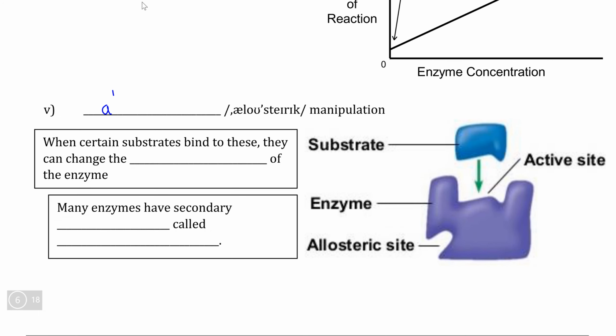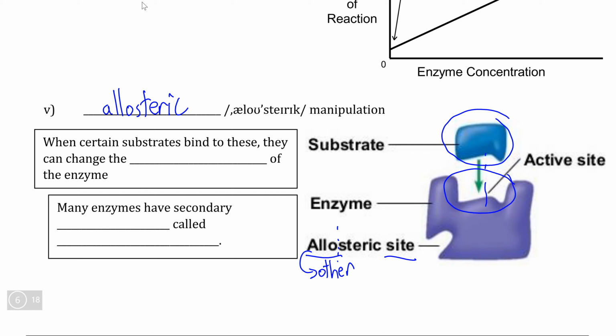The final category that we're going to introduce but save until the next video is something that we call allosteric manipulation. So for those that don't recognize this prefix, allo is a prefix that means other. And in this context, the other of what we have is another site. So here we can see that the substrate roughly corresponds to this active site here, but if we were to try to jam this substrate into what we call an allosteric regulation site, this substrate would not fit at all. So therefore, we can consider an allosteric site an other active site, also called a secondary active site,